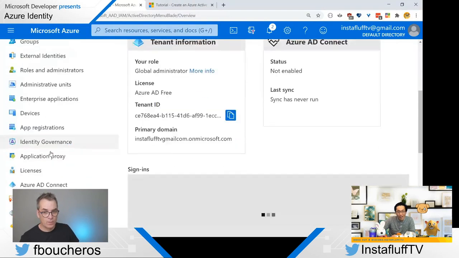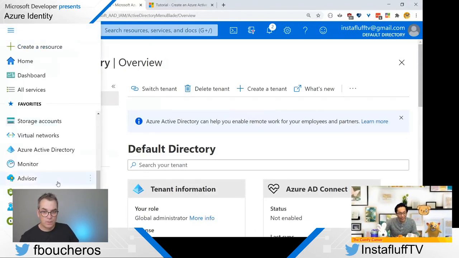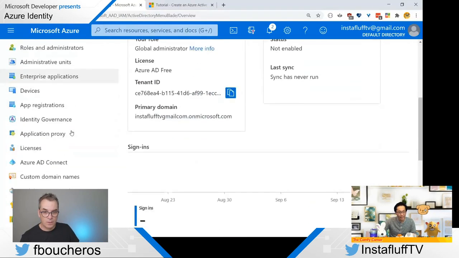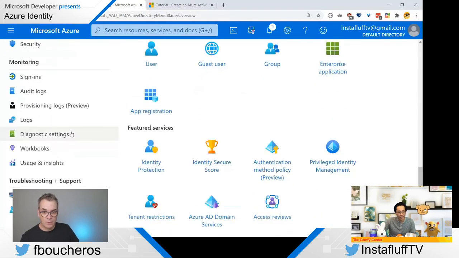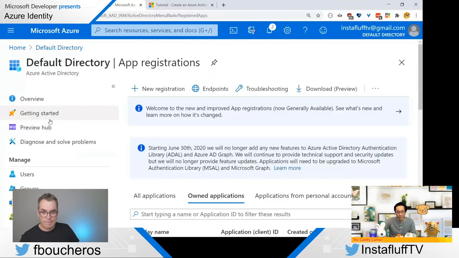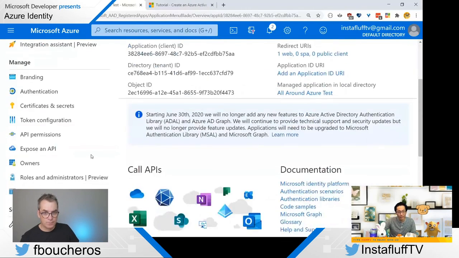Oh. What? I didn't realize it was right there. Oh, that's easy. Okay. So then here, there should be sign-ins and all the stuff. And so we go to app registrations, and it has all around Azure. And so from here, I think if we click this, it still went to the same thing.